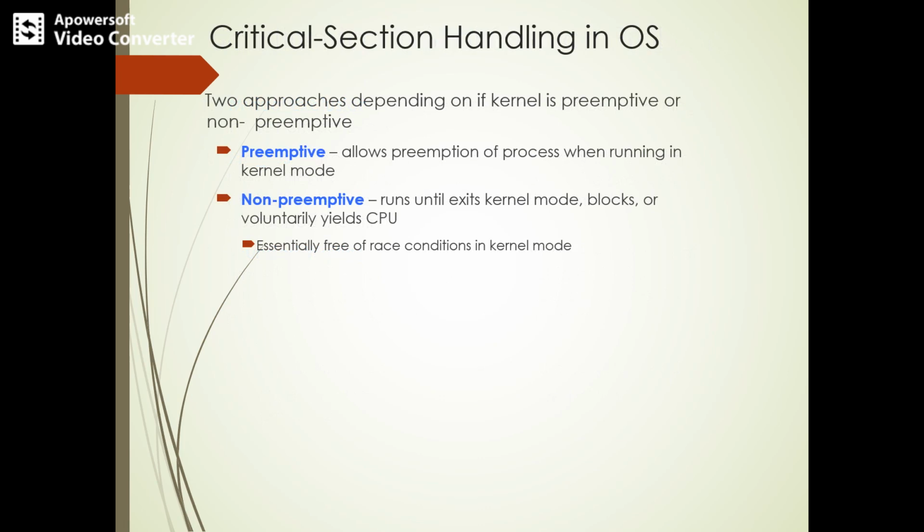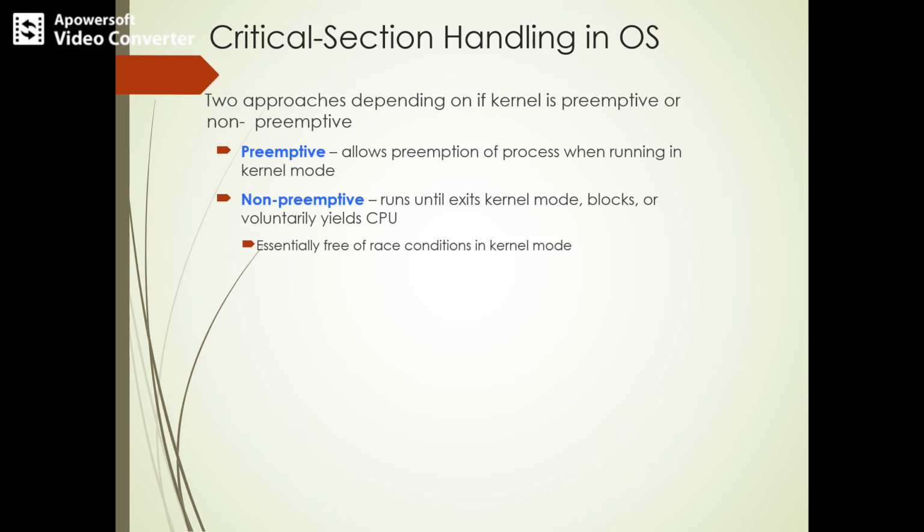How is this approach followed if the kernel is preemptive and if the kernel is non-preemptive? The solution to the critical section problem must satisfy all the properties mentioned in the previous slide: mutual exclusion, progress and bounded waiting. Software and hardware solutions to the critical section problem are available. Processes using the kernel are active in the system and race conditions can occur in the kernel code itself. The operating system handles the critical section problem by using the kernel.